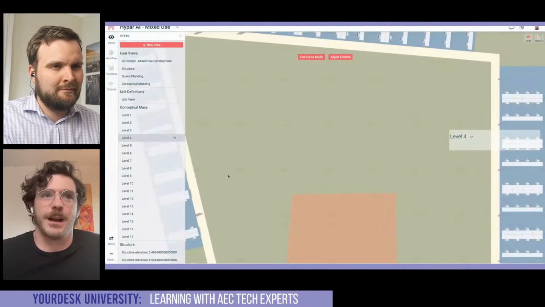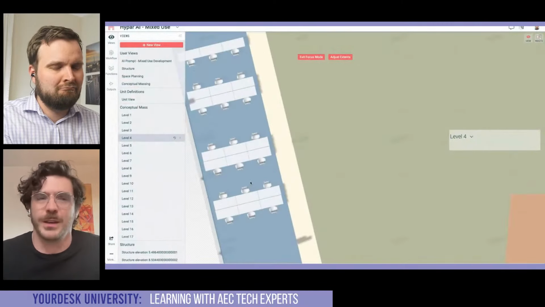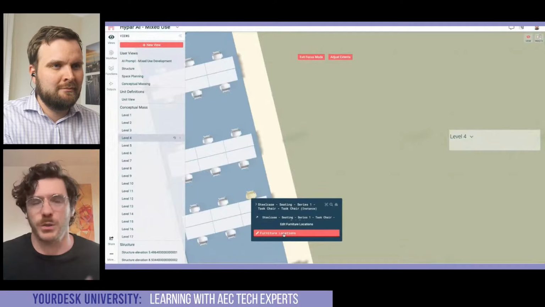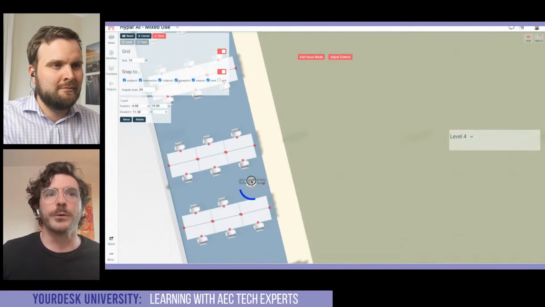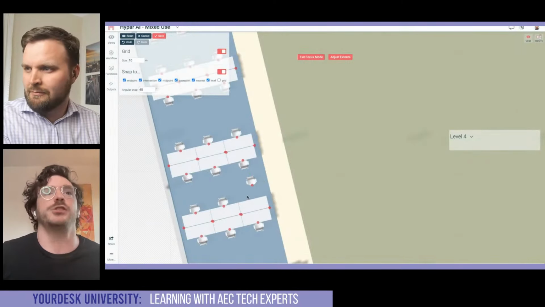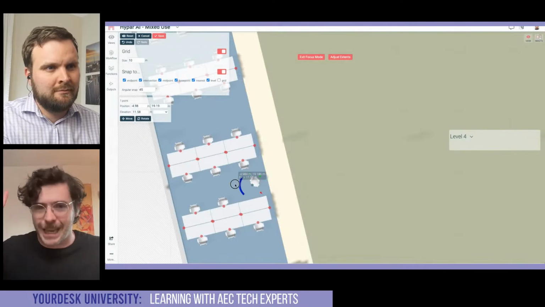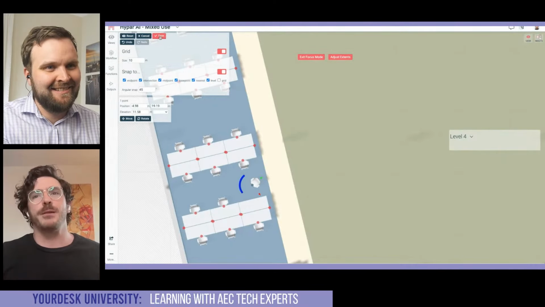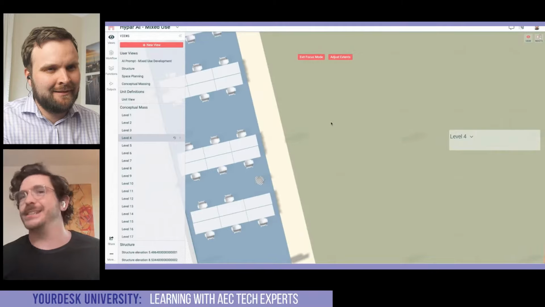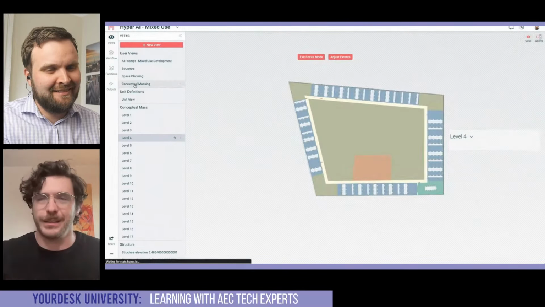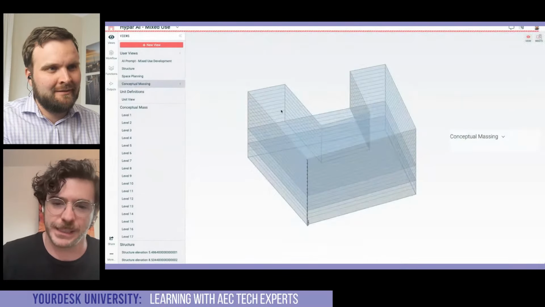You can select objects, you can move them around, you can schedule them and quantify them and do whatever you would with a real detailed 3D model. And it's all being generated from a prompt. I mean, I say it's all being generated from a prompt and a ton of really sophisticated parametric models, which are really the lifeblood of HyperR as a system.